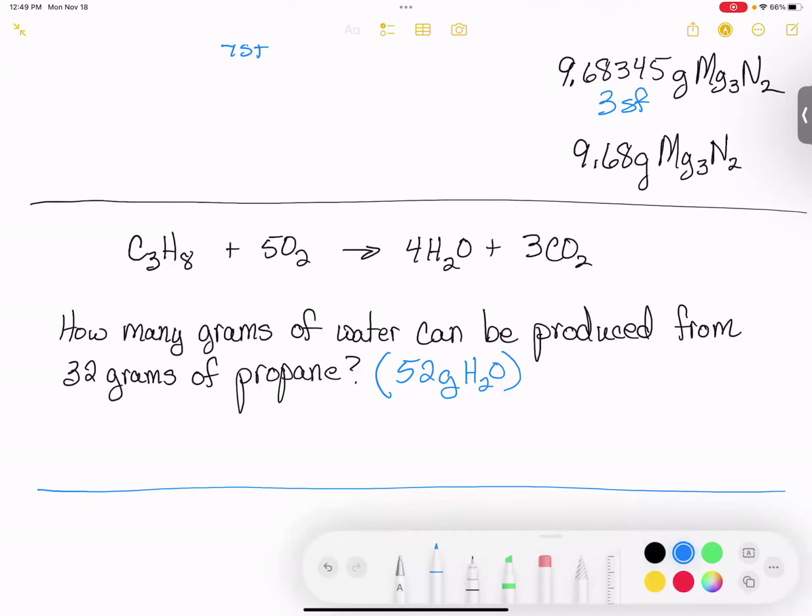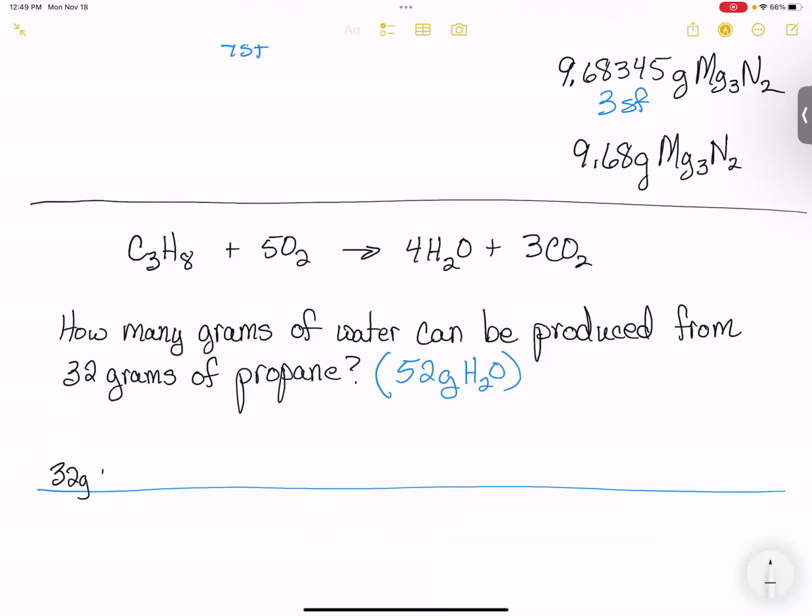Basically, let me make sure I'm on the right one, 32 grams of C3H8. 1 mole of C3H8 is 44.094 grams of C3H8. There is 1 mole of C3H8